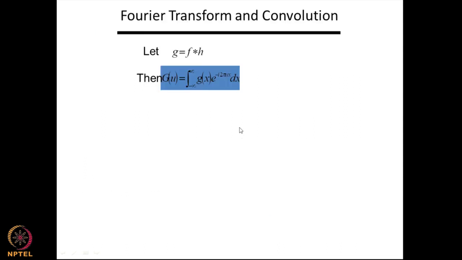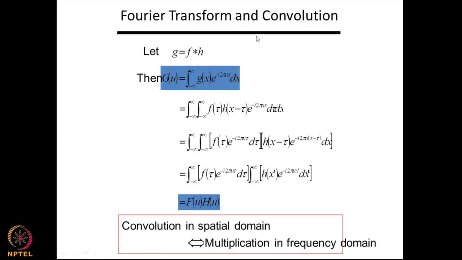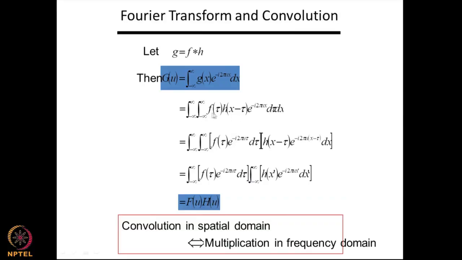So, I will give you one example. What this slide shows you is the Fourier transform of a convolution. So, G is a convolution function, f star h. This convolution means, look at this particular line. Convolution function is, you have a function f of t, you multiply by h of x minus t, and integrate, so that you have only one way. This is called a convolution. Whenever you have f of t and h of x minus t, integrate with respect to d tau. So, it is a convolution function.